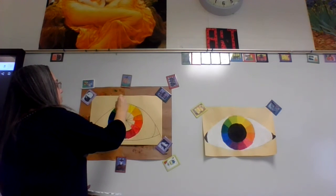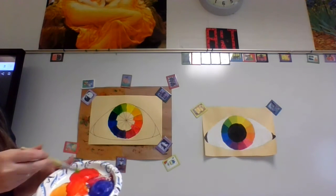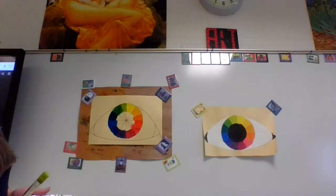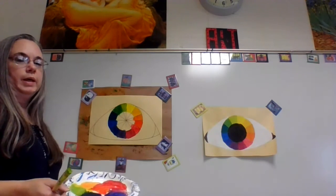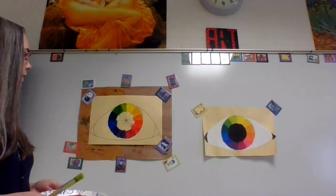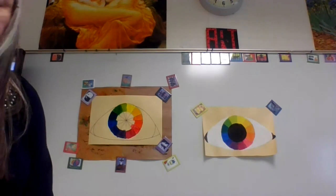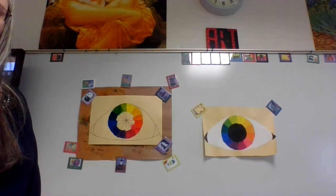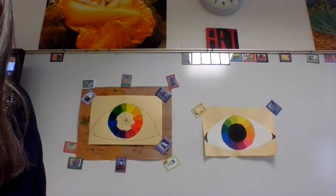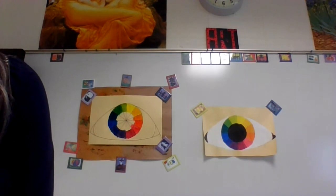Hopefully you were painting both of the eyeball paintings at one time. That way you have all the same colors on both sides of your sculpture when we're finished, and they'll look pretty much the same. After you have all the 12 colors painted on both of your eyeball paintings, we will let it dry, and then we'll paint the pupils black and the white part of the eyes. And we'll maybe put some little symbols in the pupil to show what's important to us, what's in the souls or spirits of our bodies that our eyes are a window